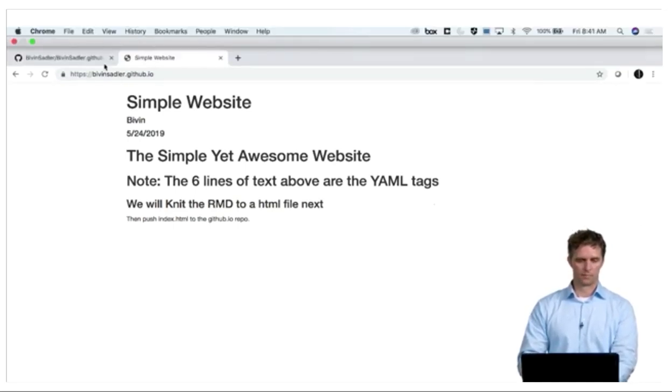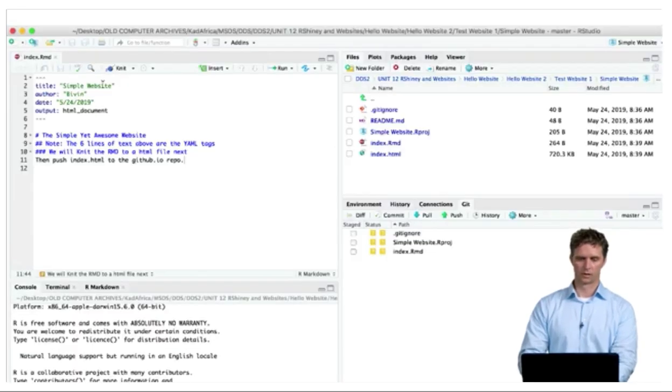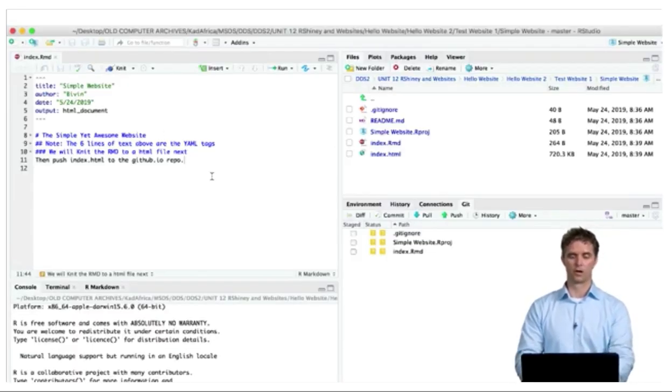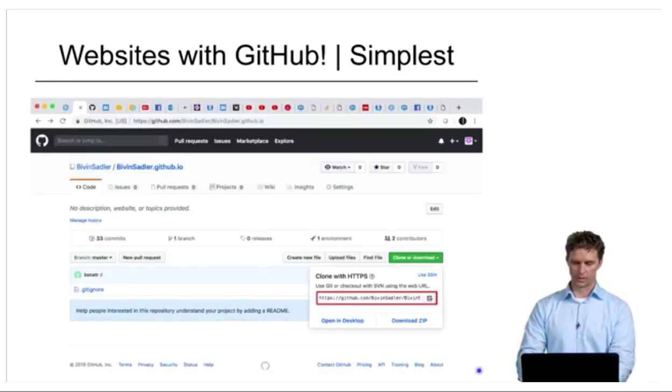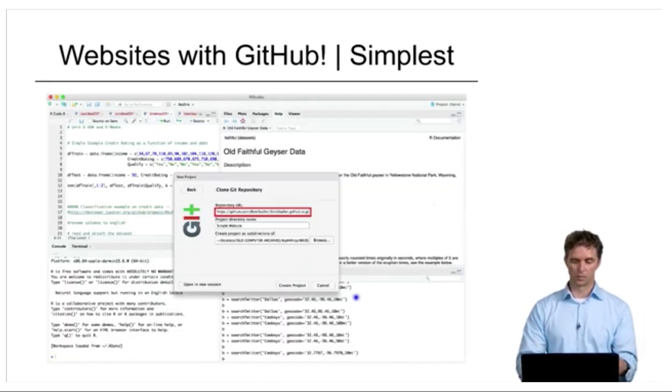So let's go back over here. So this is our studio. I'm going to catch up now on the PowerPoint. So if I come back over here, note what we had done before was we had input the URL, just kind of refreshing what we did. So we input that URL, and then we got the URL, we put it into here, we made simple website, and then we made the project,